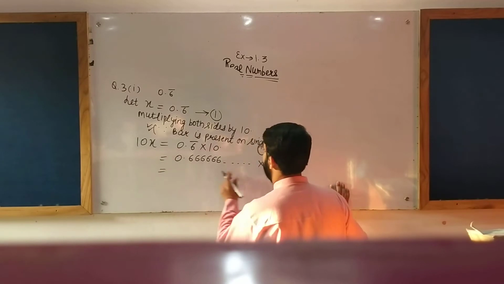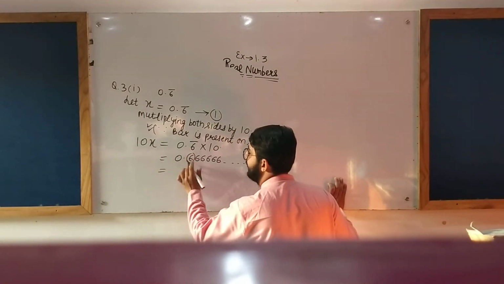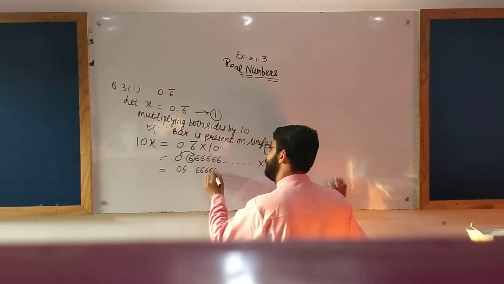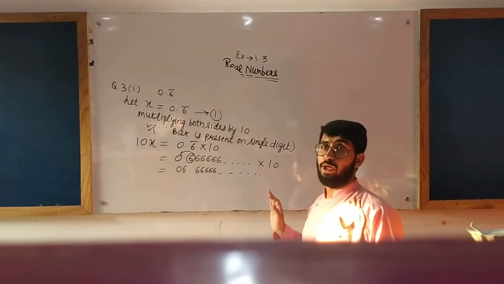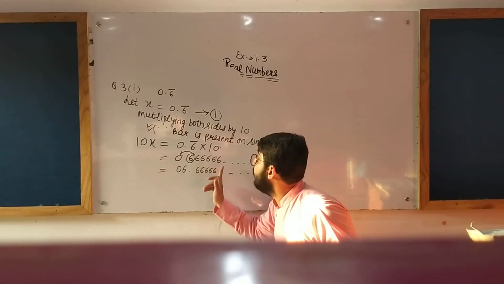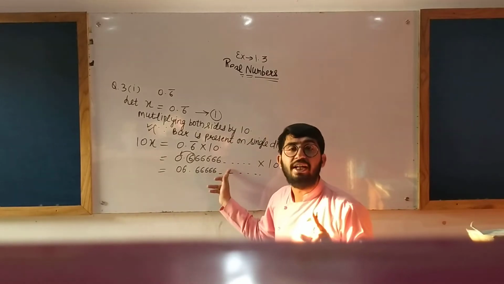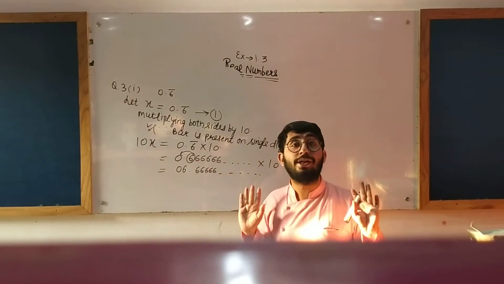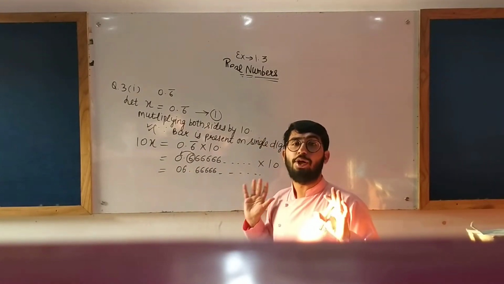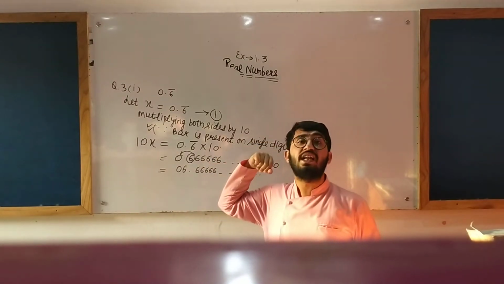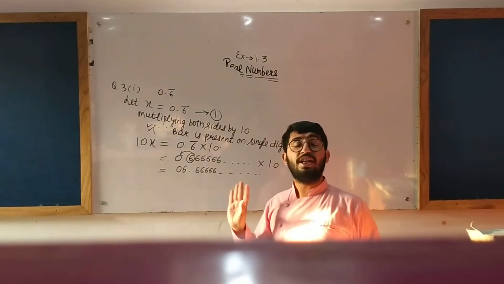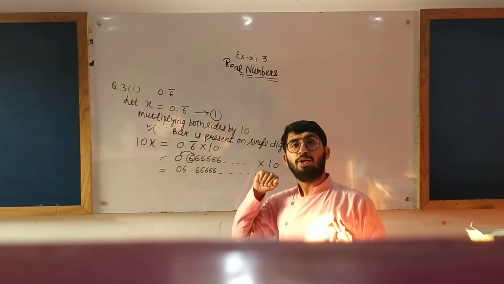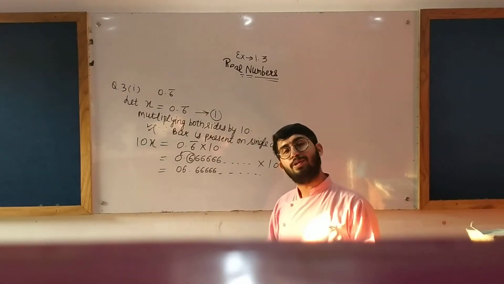Okay. Now when you multiply it by 10, the very next digit after the decimal will shift from right to left. It will be 06.666666. This 6 is infinite number of times. If you shift one 6 from right to left, it doesn't make any difference to it. If you take a bucket of water from the sea, it doesn't change. It is still a sea. Do you call it a river now or is it sea? It is only sea.